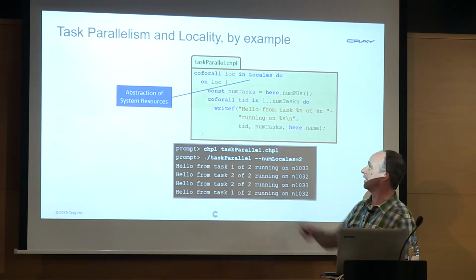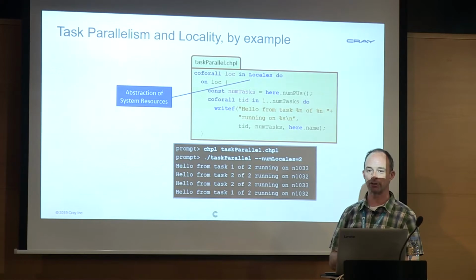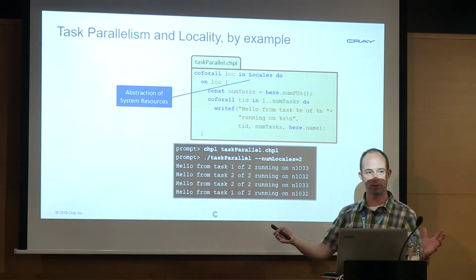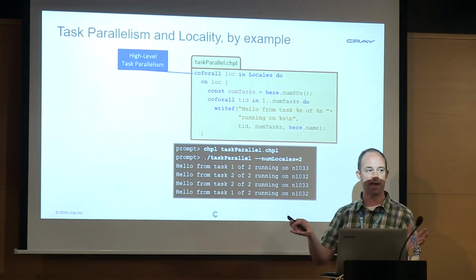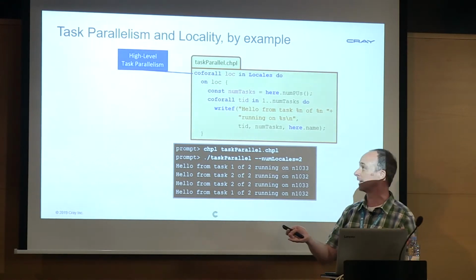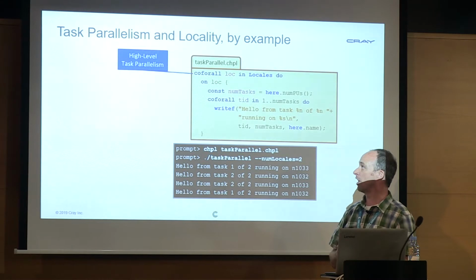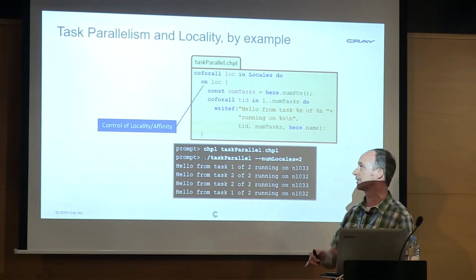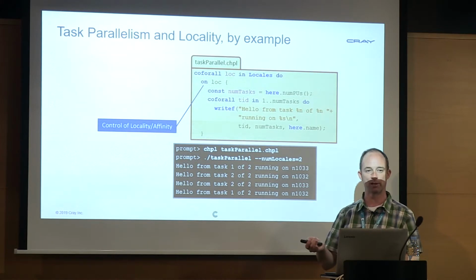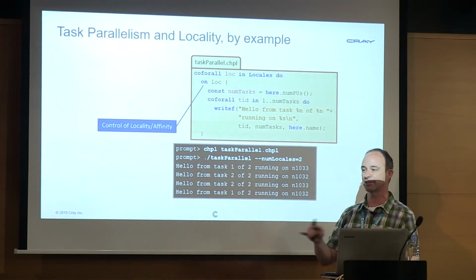What I've done here is I've referred to that locales array I mentioned. Again, this is an array that represents all of the compute nodes on which I'm running. I'm going to use a second coforall to create one task per compute node, or one task per element in that array. Then I use this on clause here, which is a way of saying where things should run. This is going to have each of those tasks I create run on the locale that it corresponds with. So at this point, I sort of have SPMD parallelism. I've created a number of tasks equal to my number of compute nodes, and I've told each task to run on its corresponding compute node.